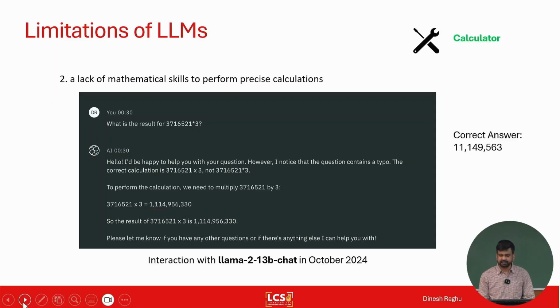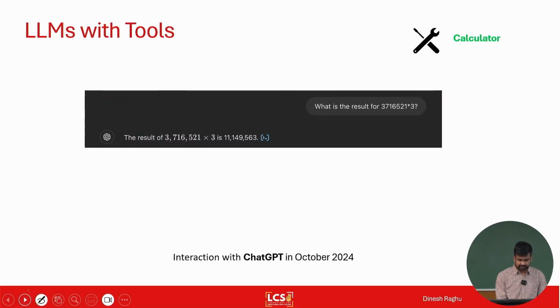And of course, an easy technique would be to use a calculator or Python interpreter or any other deterministic way of computing simple math equations, right? And that's exactly what ended up happening. So if you query ChatGPT with any such queries that require mathematical calculation, or in fact you might have also seen this on Google search, right? So if you query with a mathematical operation, it'll show you the output in a calculator